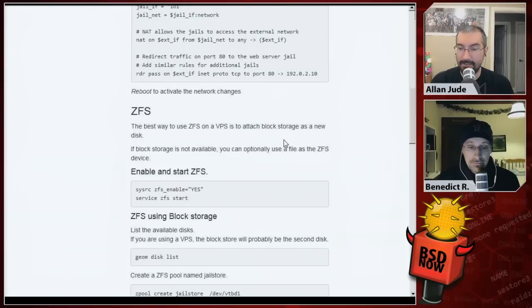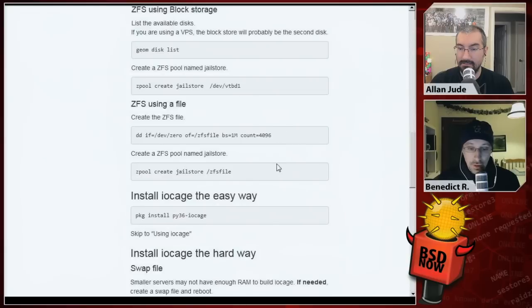And then they set up ZFS and make that work. That seems pretty straightforward, other than using a file for the pool. Yes, they just use a file for the pool. I imagine that's just as an example. In general, you would normally use the pool that the host OS is installed on.